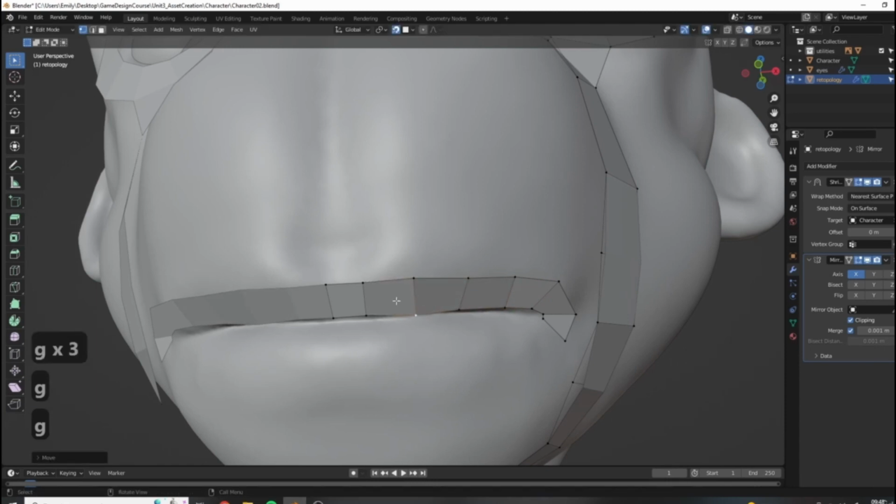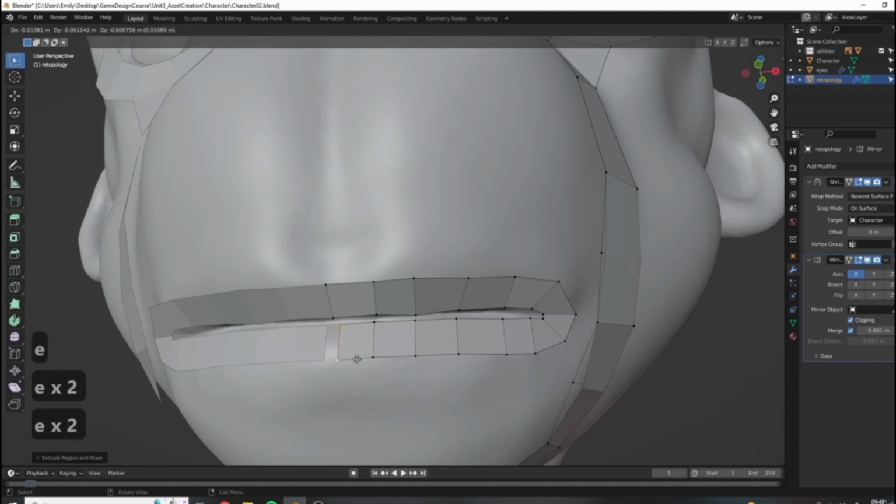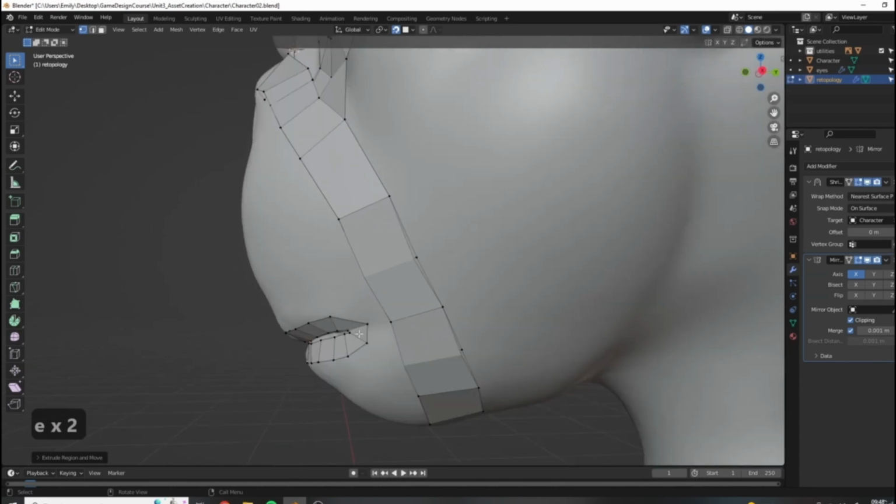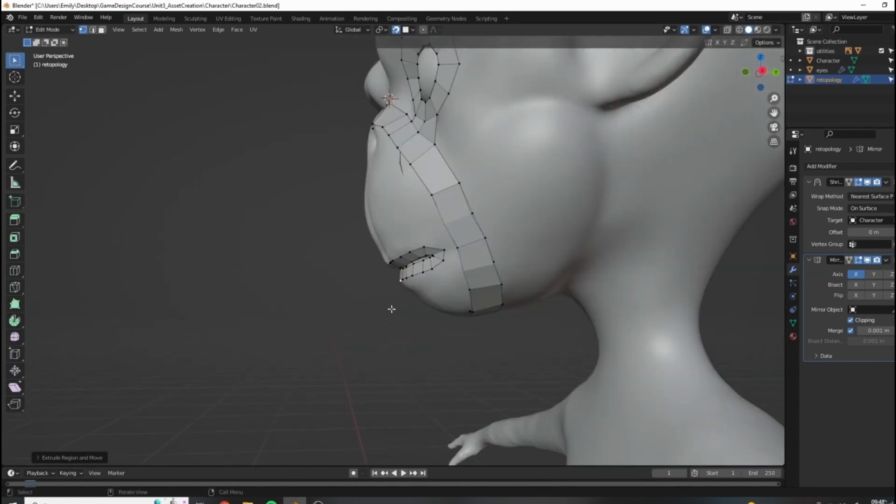I'm just redistributing again here. And then same thing, and when I come around, I'm going to roughly try to match the same number of polygons on either side. There we go. So normally for something with facial animations, I know I'm discussing this a lot for something we're